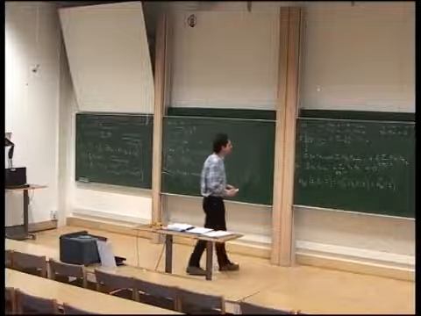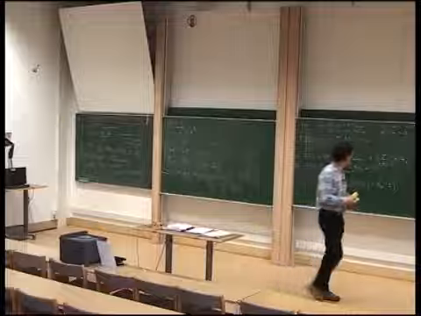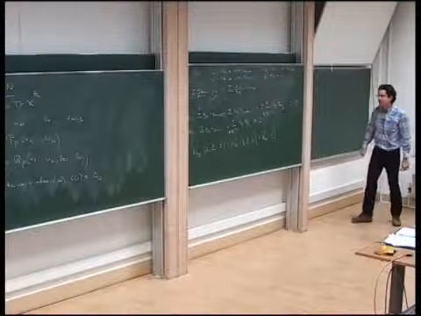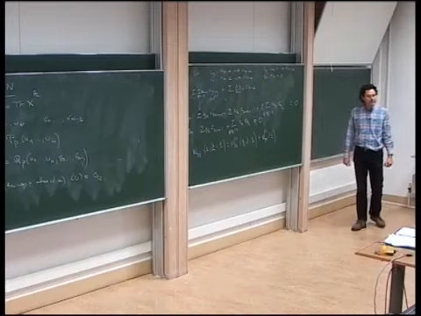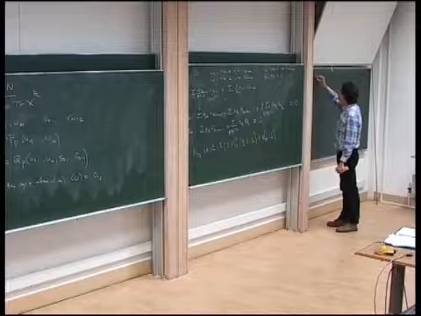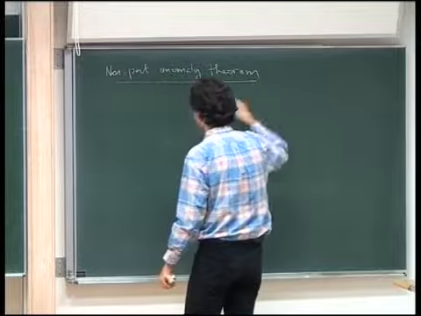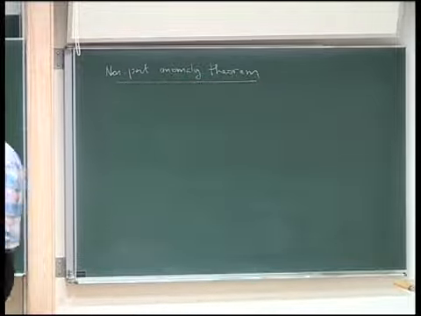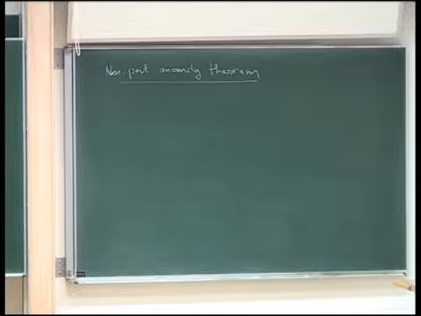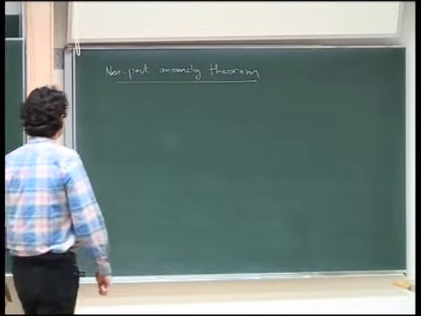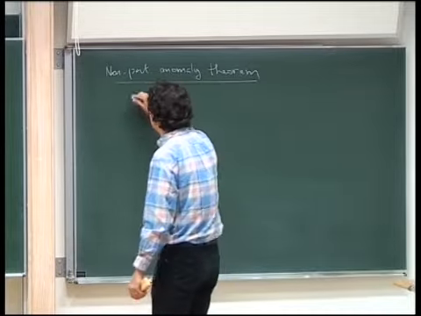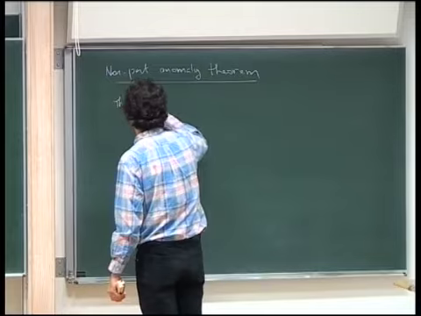So what is the statement? I don't want to erase this equation, so let me write here. So what is the statement? The statement is going to be as follows. So that's what I want to call the non-perturbative anomaly theorem. It will be a theorem in a moment. So the statement is not going to be that you don't have quantum corrections to these equations. As I have said, this is completely inconsistent with any quantum corrections. The point is that the non-perturbative anomaly theorem will tell you that the quantum corrections at the non-perturbative level